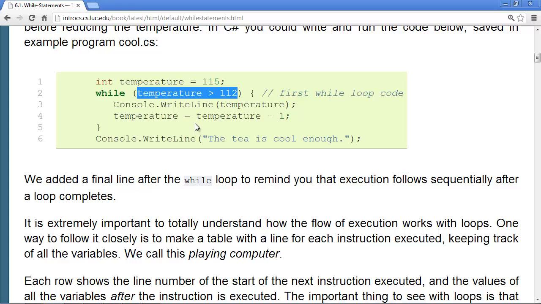Unlike an if statement, where you skip some parts and do other parts only once, with a while loop repeating over and over, the loop can go on forever unless you make sure that your condition eventually is false.